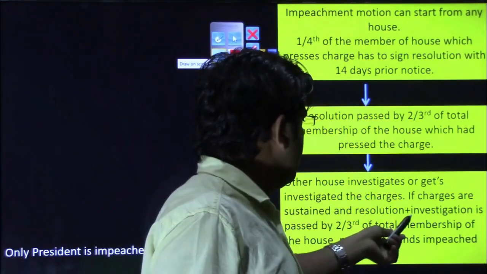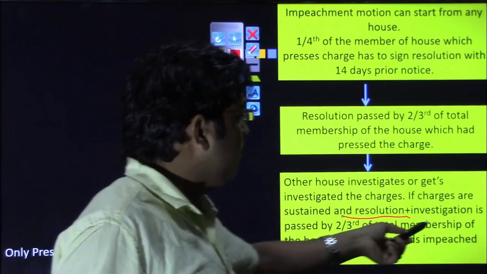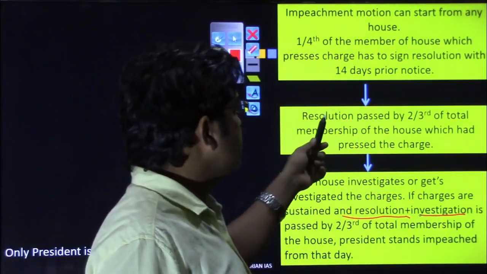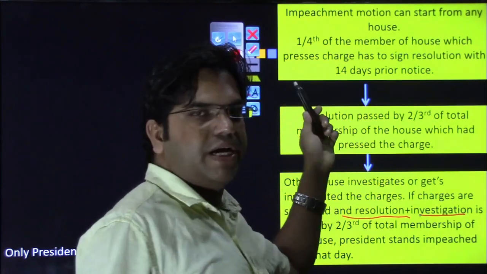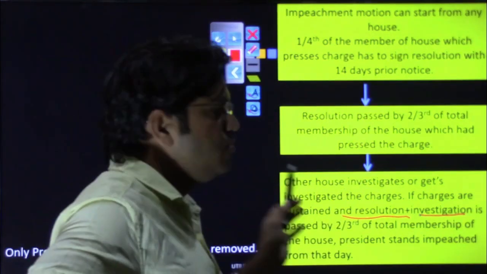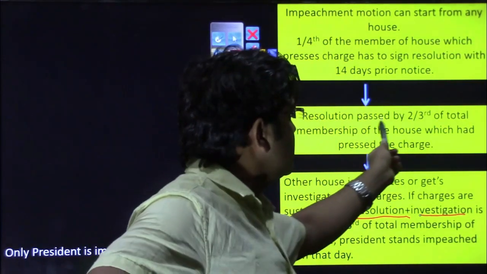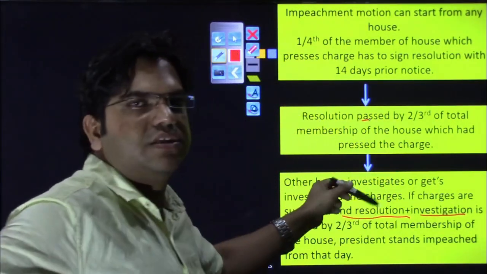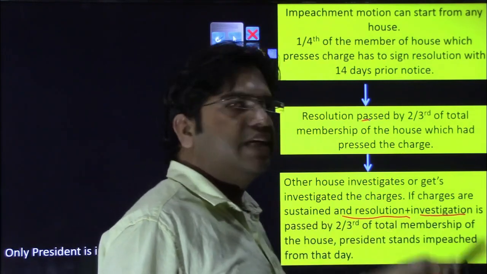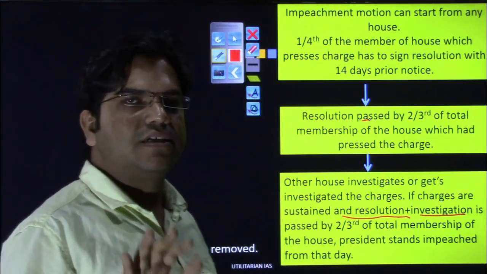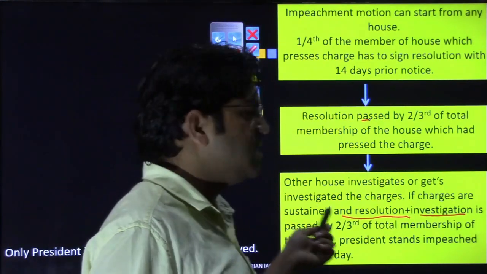So the other house will not only move the resolution, it will also have a body, right, which will investigate the charges that have been pressed by Lok Sabha or Rajya Sabha, whether those charges are true or not, right? So one house has already passed this resolution, it will be sent to the other house, the other house will investigate the charges, and if the other house also sustains the charges that yes, violation of constitution, the president has indulged in,